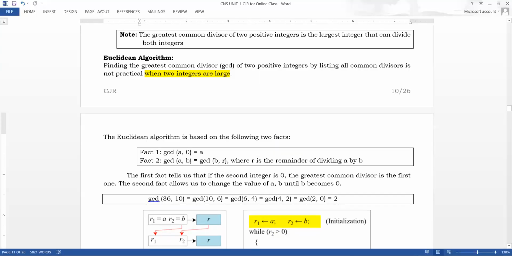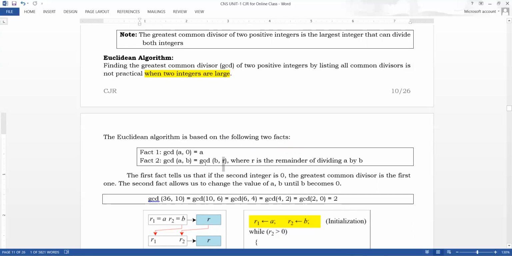Here GCD of a comma b equal to, what is the second number? b. Make it here as the first number. And what is the second here? Divide a by b, take the remainder, and note that remainder down here. So that GCD of a comma b equals GCD of b as the first number, and a by b remainder as the second number. So using these two facts we can find